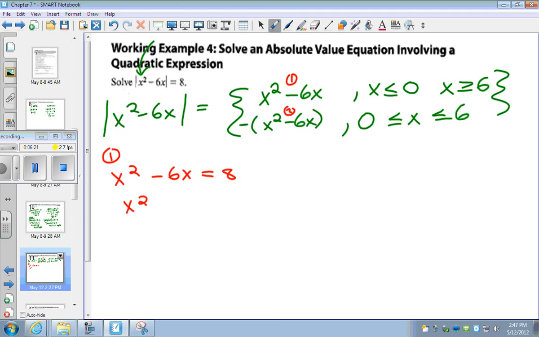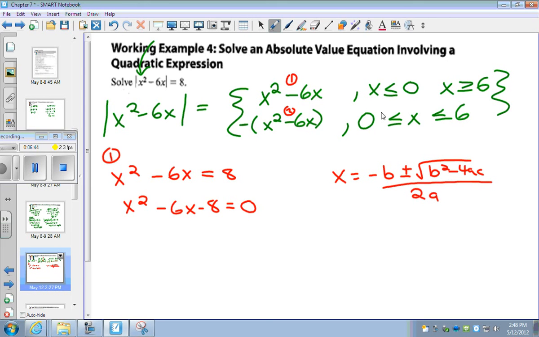Solving for 0. Okay. Are there two numbers that multiply to be negative 8 and add to be negative 6? Not any that I can think of, so I'm going to use the quadratic formula, okay? X is equal to negative b plus or minus the square root of b squared minus 4ac, all divided by